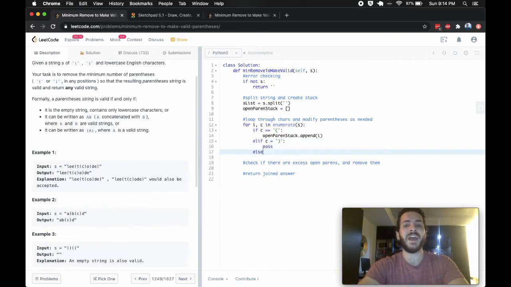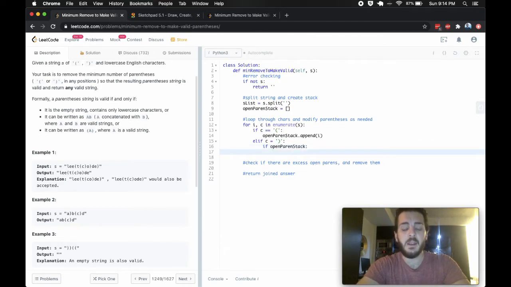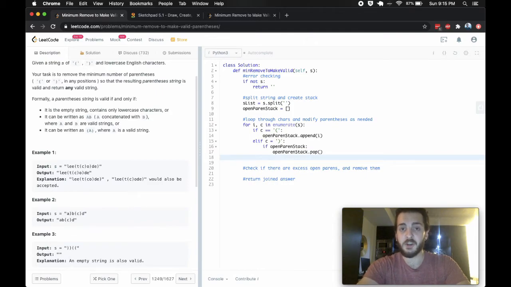Notice that I'm not going to do an else statement here for an alphabetic character, so something like if c.isalpha, because we're not going to touch those characters. They'll remain as they are, so I'm not going to be doing any checks for them. What I'm going to say is, if there are open parentheses, so if open paren stack has any items on it at all, then we're going to want to take the open paren stack and pop off the top item because we know it's now been closed. And what we'll do is in our split list, we'll say slist at the index i is equal to,